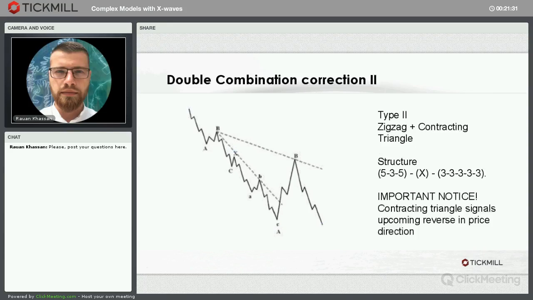The next idea of double combination correction combines zigzag and contracting triangle. That means that by the structure it starts with a 5-3-5 zigzag, and then it has